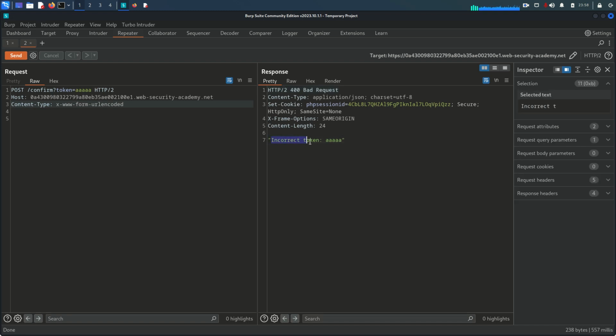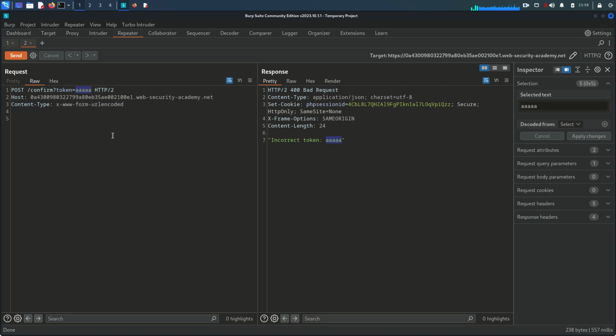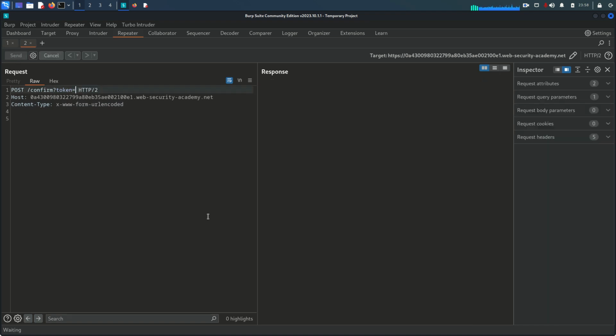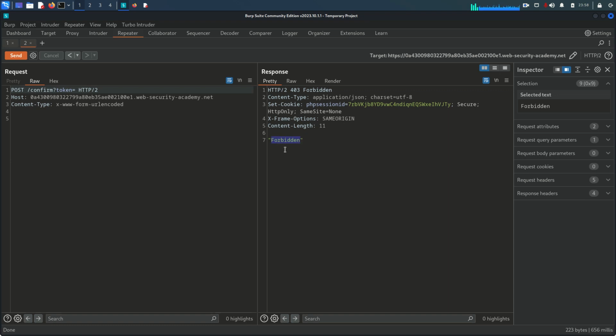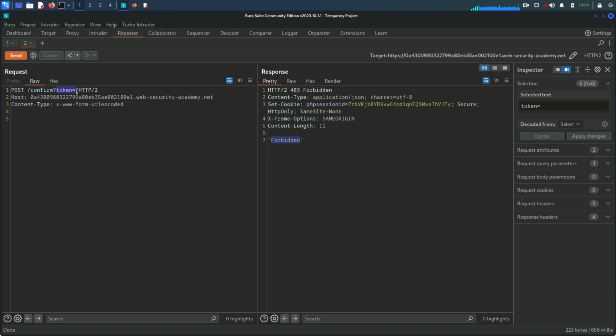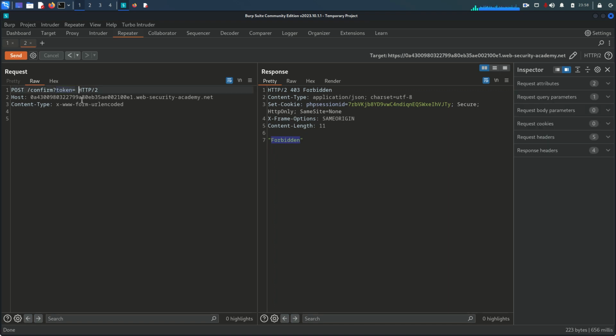Okay, it's saying incorrect token value, which is AAA. If we delete this value and try now, it's saying forbidden. This is not a default reply or message from the application, so that no user can just type the parameter with no value and pass the confirmation. To block that, this one is denied. So we cannot use the